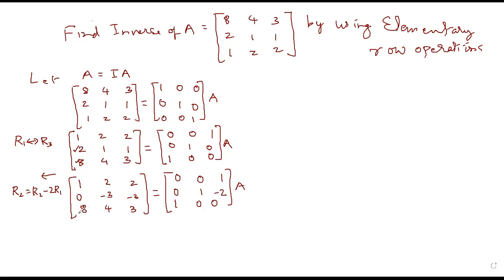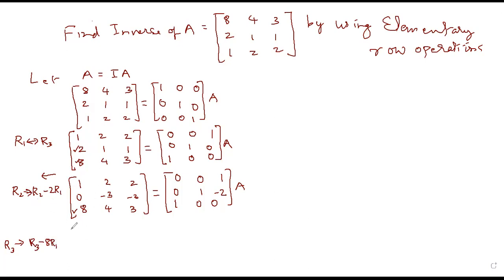Now R3. Now here we have to make 0 here. This one, here, this one 0. So in order to make this one 0, from 1 we will multiply by minus 8 and add it here. So which row are we going to change? R3. Okay, so R3 is going to be changed. So we will write R3 and use an arrow: R3 goes to R3 plus, using R1 multiplied by minus 8 and added in row number 3.